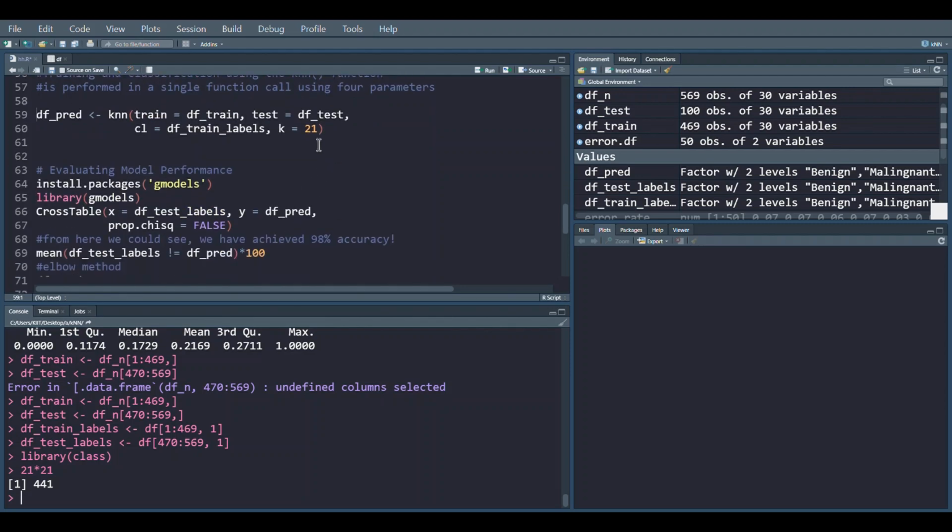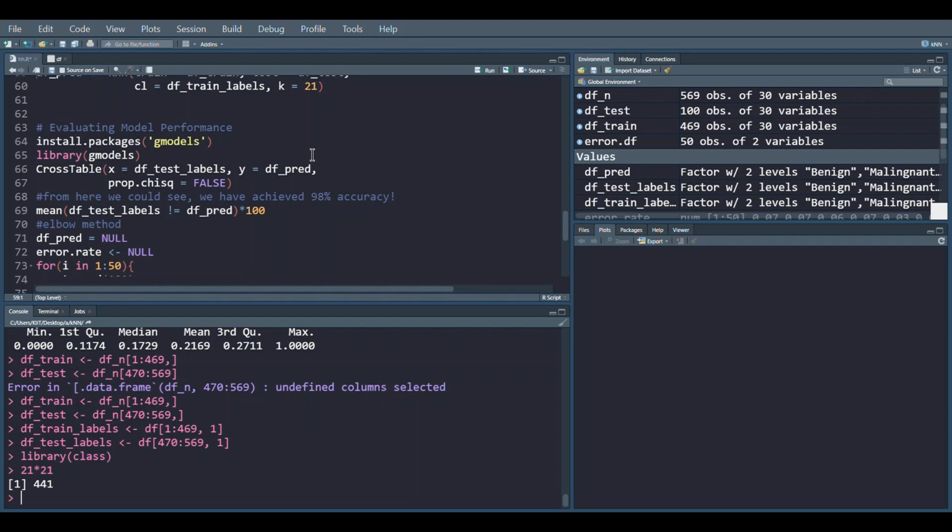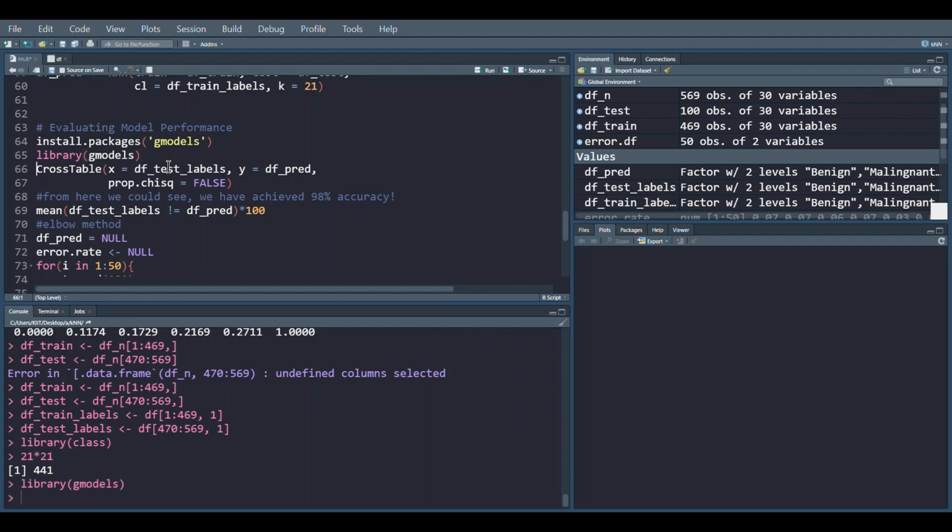So after we have taken the k value 21, we need to evaluate the model's performance. For that you need to install the gmodels package. I have already installed it, so I'll just load the package.